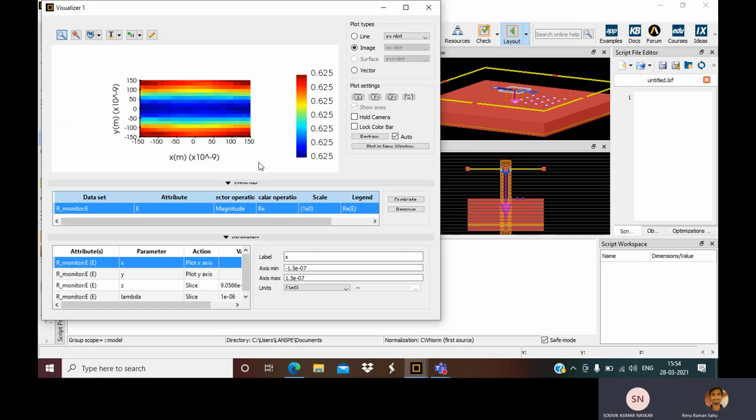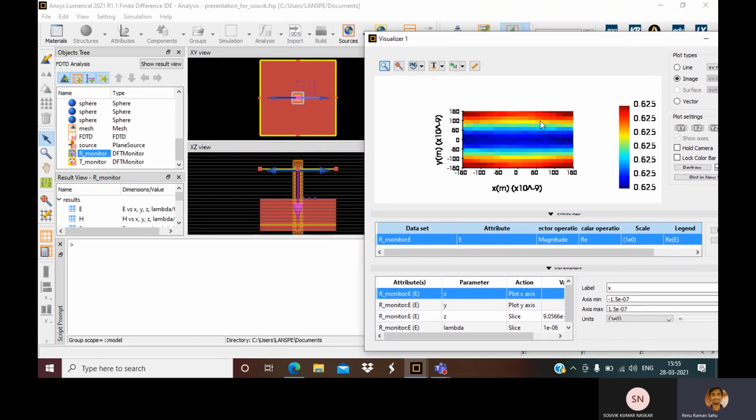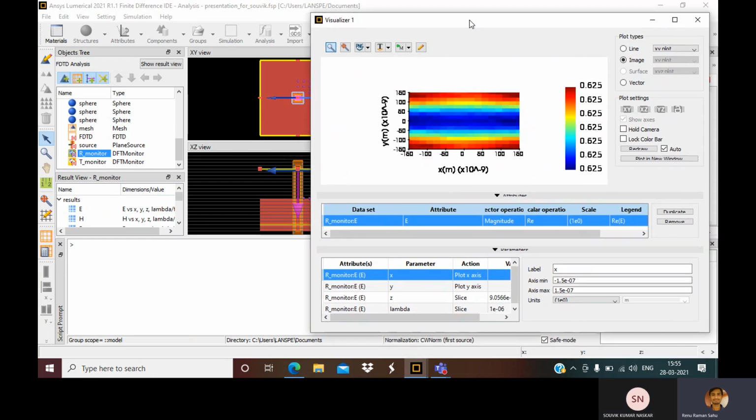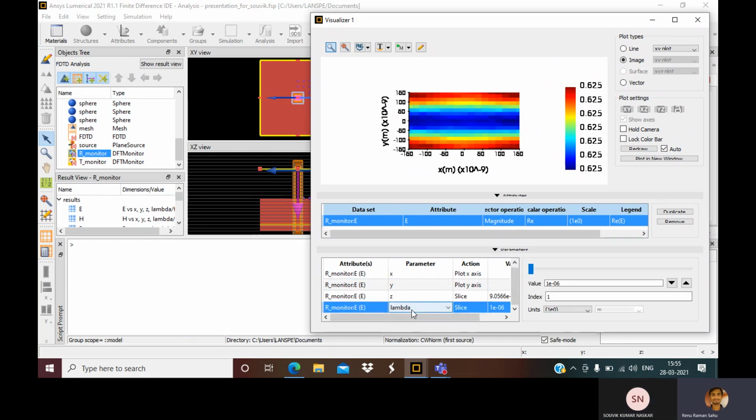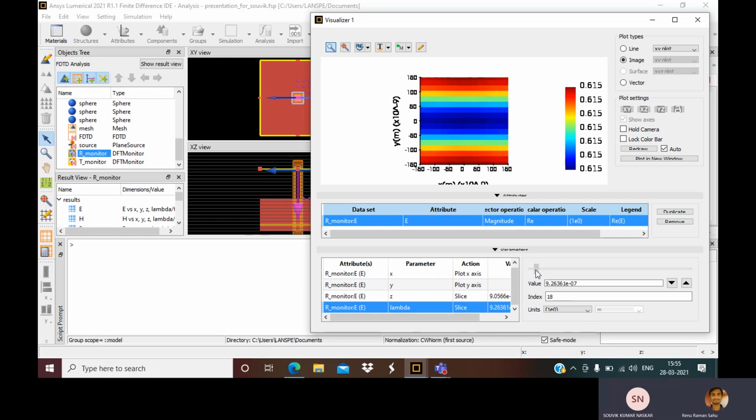This is the simulation X region and Y region, this particular square, inside this FDTD region wherever the monitor is. You can look at this for different wavelengths. Here in this monitor lambda, you can change the wavelength and see the field distribution for each frequency.